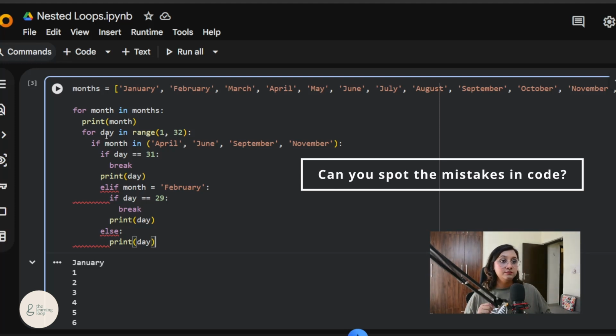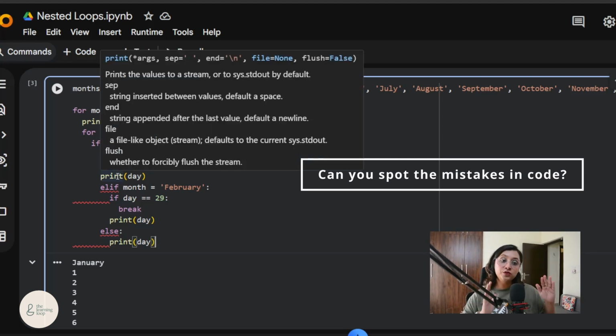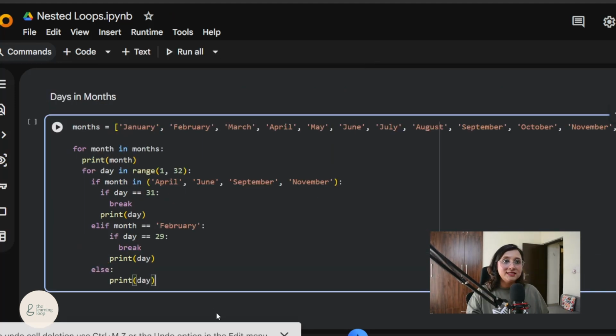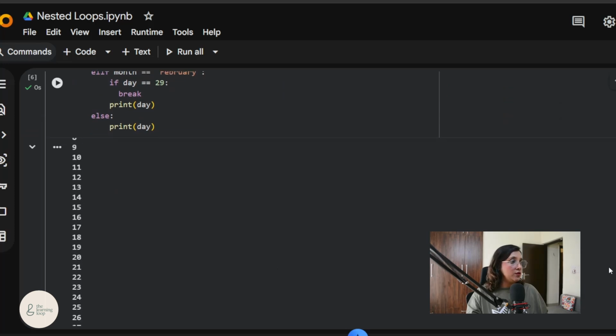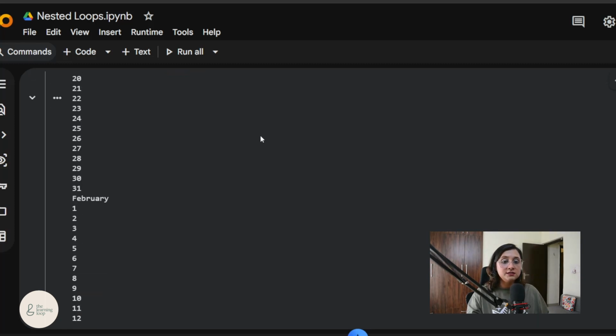So under this loop it will go through the conditions as well and print the number of days accordingly. Now let's run it, and you can see, okay, let's go all the way up. You can see January has printed 31 days, Feb has 28, March again has 31, April has printed